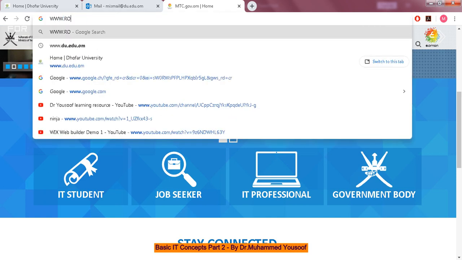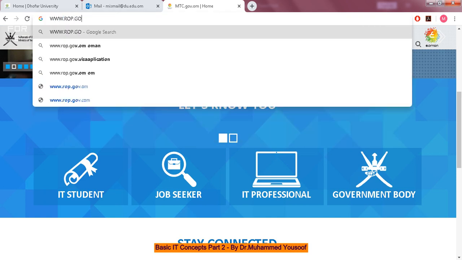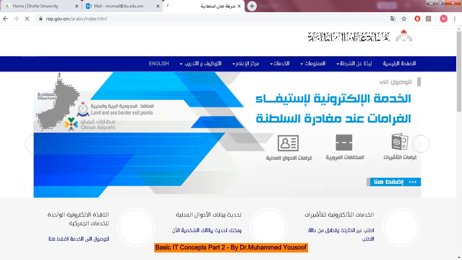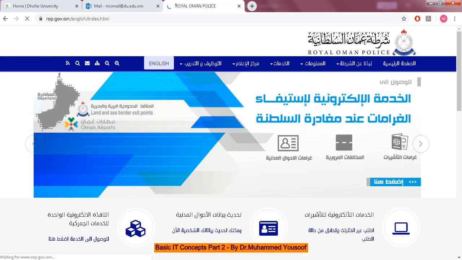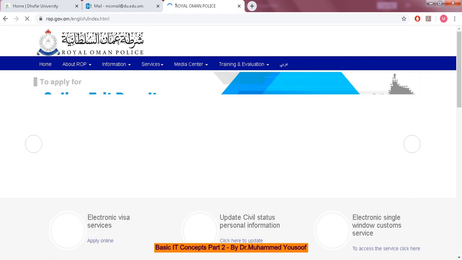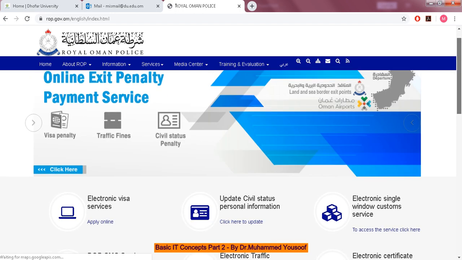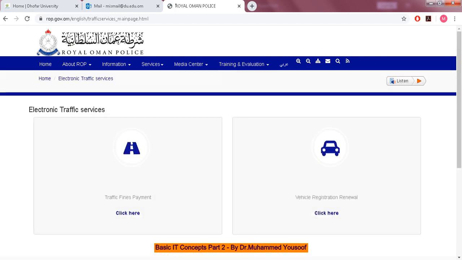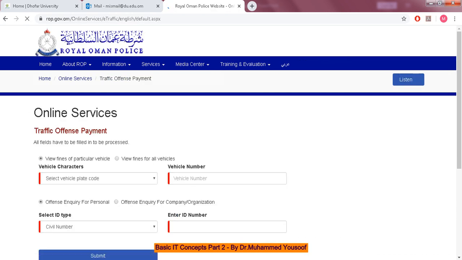For example, if you take rop.gov.om, this is another example where you can get all your services online. I will use English. Now here, for example, you want to check your fines, you can check here. If you click traffic fine payment, you can get your information.